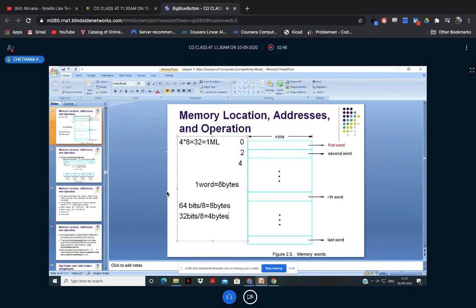So right now, suppose I give you 16 bits. Convert it into bytes, divided by 8, that will give you 2 bytes. Very, very simple, right? So if it is 2 bytes, I hold these 2 bytes in the 0th memory location. So obviously this becomes my one word. I think this concept you have very clearly understood, how to make one word, what is said to be a one word, and what the locations are.